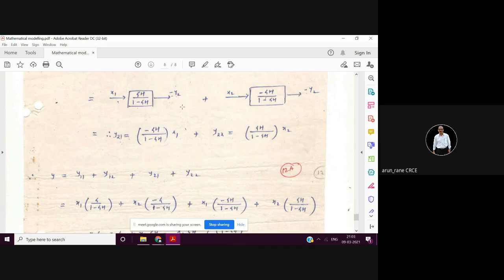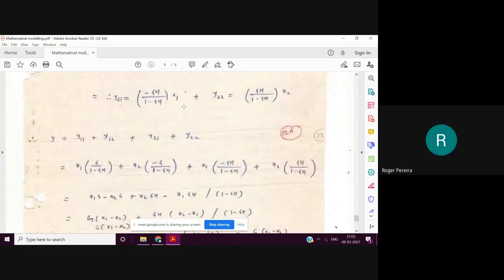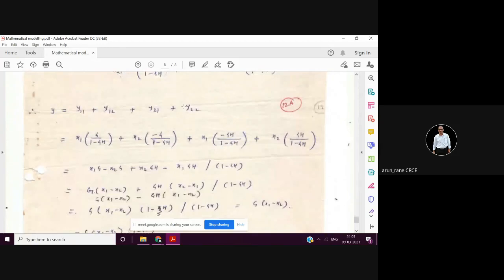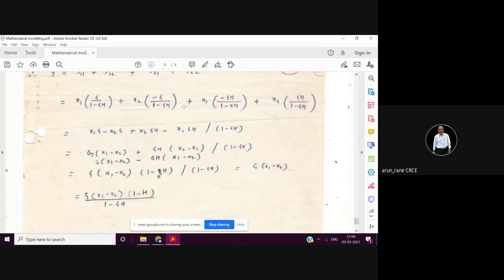You remember, no? F is equal to ma, and that is equal to W. And then we saw the block diagram reduction method. We studied different rules of block diagram, and then in block diagram we studied single input single output, two inputs one output, and two inputs and two outputs. This is what we have done so far.